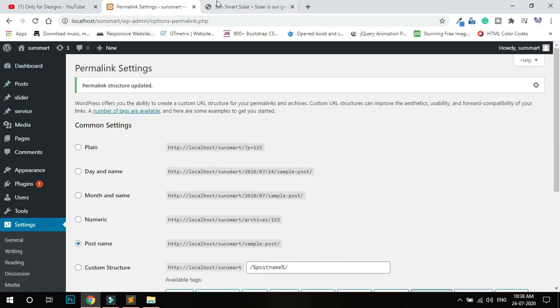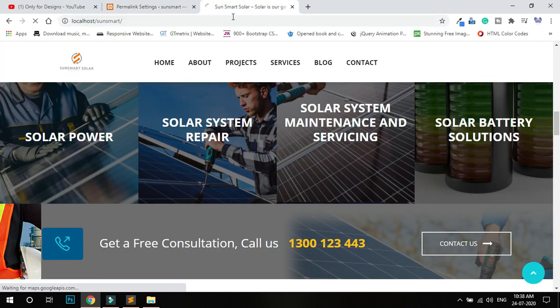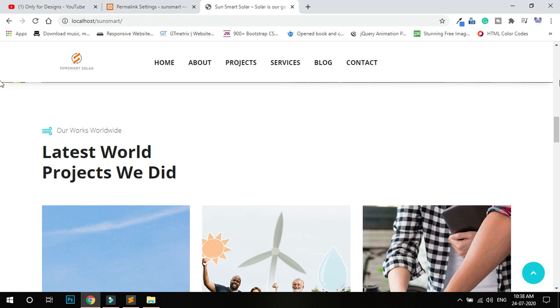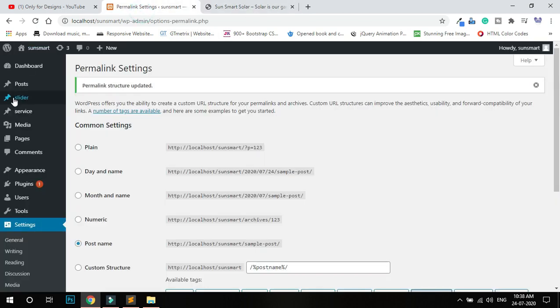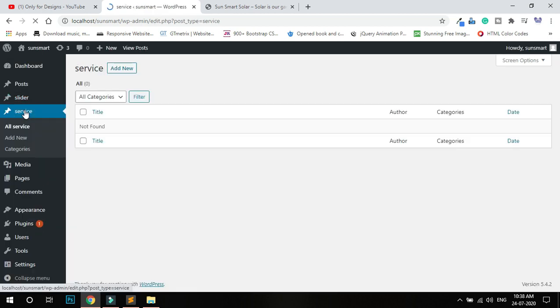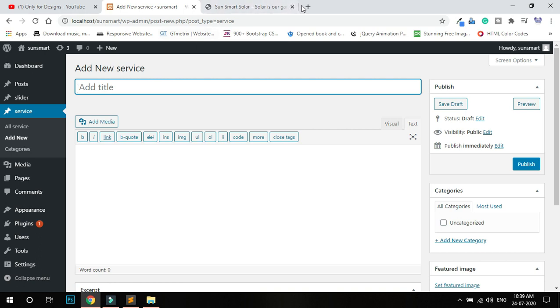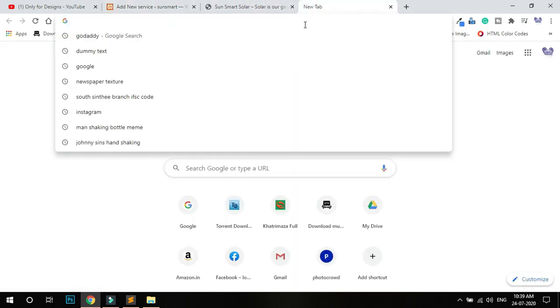Now if I refresh here, you can see my service is removed. So I need to add a service. Go to Service, add new. What is my service? I open the online link, this website.